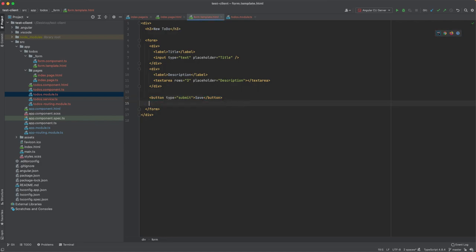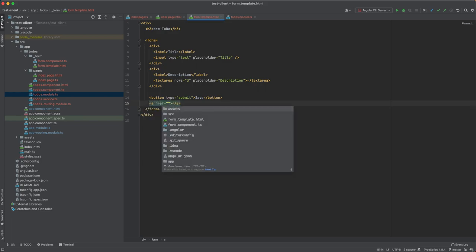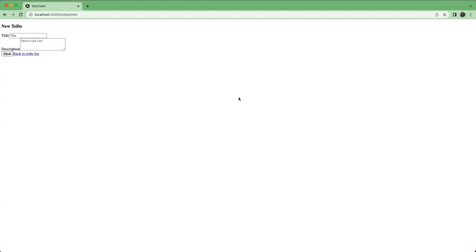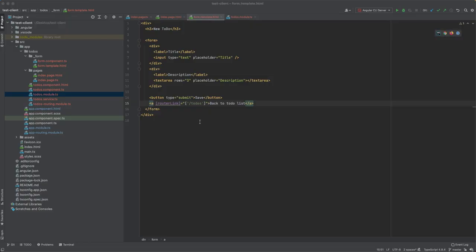Or otherwise we can just go back to the list. Okay, so right, navigation's working. Okay, to implement the